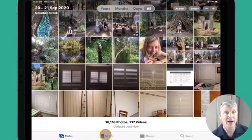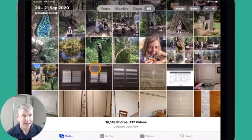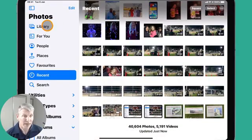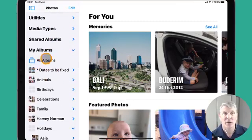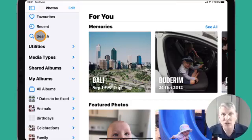bottom, For You next to it, Albums, and then Search. For my lesson today, these 4 menus still exist, but they're going to be just down the side here of the iPad. So the menu Photos has been replaced with Library. The For You is still up here. It's just moved from the bottom to here. And Albums has been moved down this left-hand side where you have My Albums and a section called All Albums. And then we have Search there. So anything that I'm showing you today, if you don't have a device that's been updated yet, don't worry. When you do update it, you can re-watch this video if you need to and see whereabouts I'm talking or